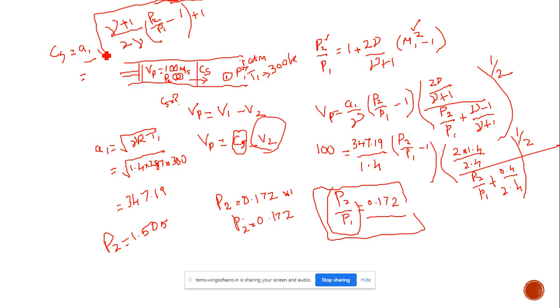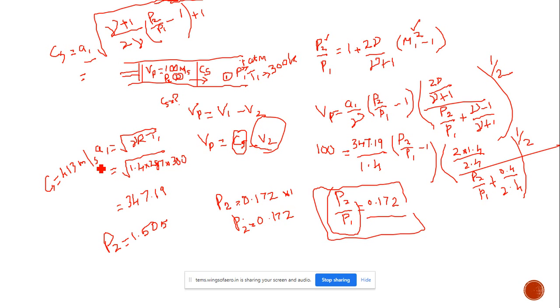That's coming 414.90. Okay, 414. Here the answer is CS equal to 413.1 meter per second. Right only, correct only. Okay, because in GATE and all they will provide some limitations for your answers. That means from 410 to 419, like that they will give some limits. So within that limit, your answer should be there.